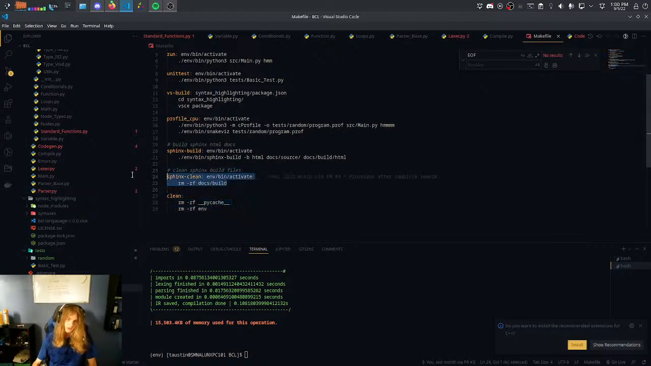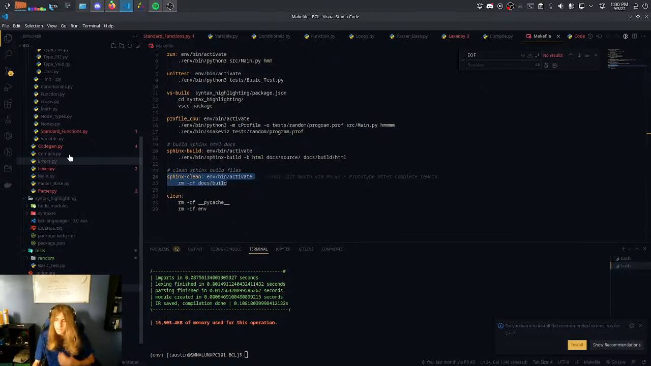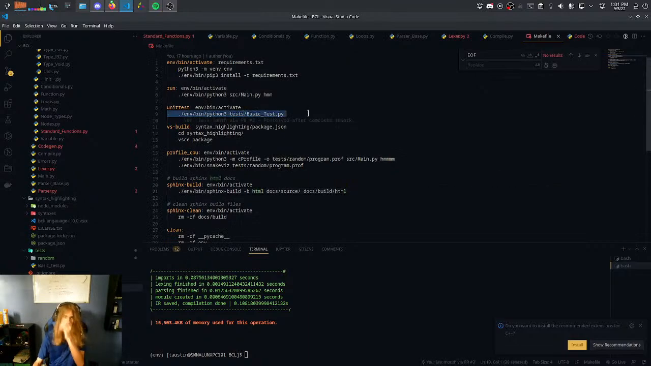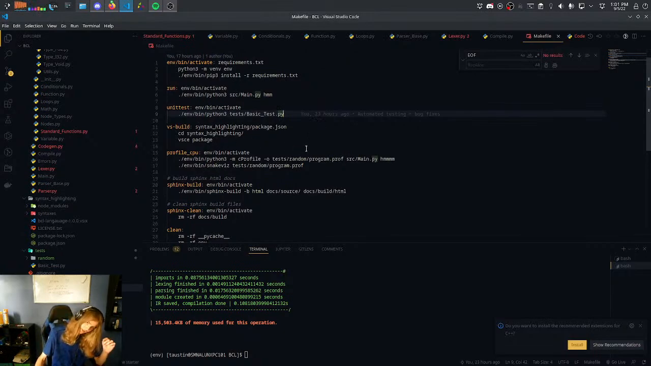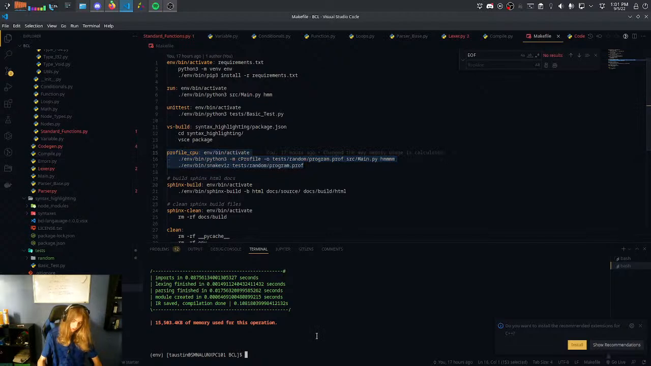There's also a Sphinx clean, which deletes the built docs. So that's pretty nice. This is Sphinx build, obviously. And then I also added unit test, which is when I was doing the testing on stream, last stream. And then I did profile CPU. So if I actually do make profile CPU,